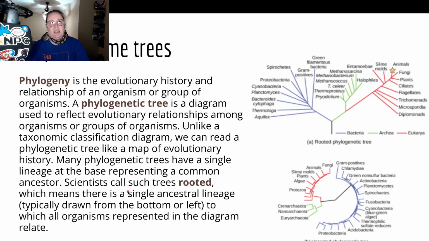So basically, Darwin kind of drew this in the beginning. It's called phylogeny, and it's the evolutionary history and relationship of an organism or group of organisms, and we can draw the tree in different ways, and I talked about this a couple chapters ago. You can have the rooted one that literally looks like a tree, or you can have the circular one, which is called the unrooted phylogenetic tree.